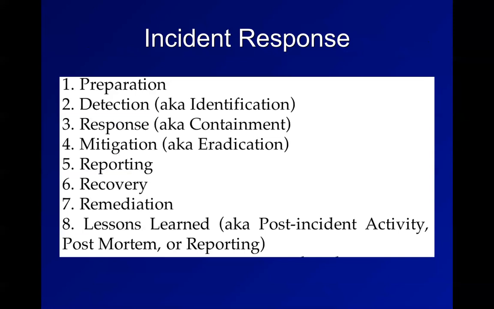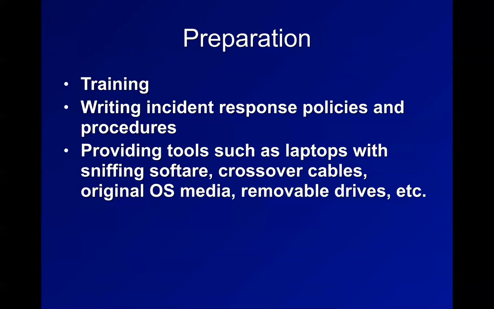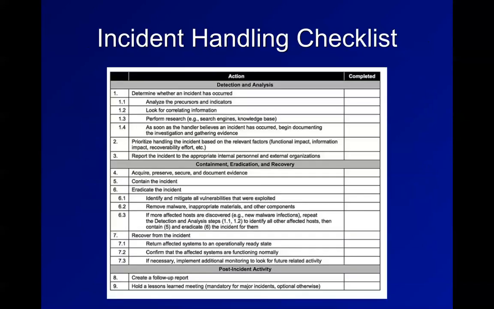Most companies have no IR team until they get hacked. Then they throw it together and tell their existing administrators to do it. And then they gradually get more and more professional and better at it as they realize that they need to dedicate resources to this. So you write policies and procedures, and you train people, and you have some staff that has the equipment they need and the training they need to gather evidence off your network and your hard drives and everything. And then you'll have a checklist for incident handling: determine whether it's occurred, acquire the evidence, contain it, eradicate it, and so on. There's a step-by-step recommendation here.